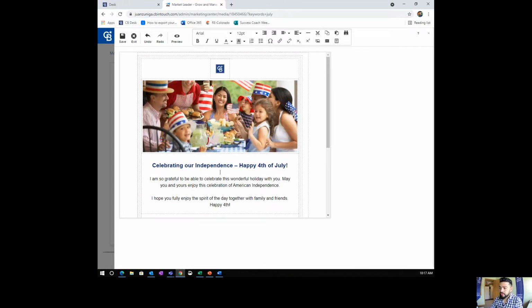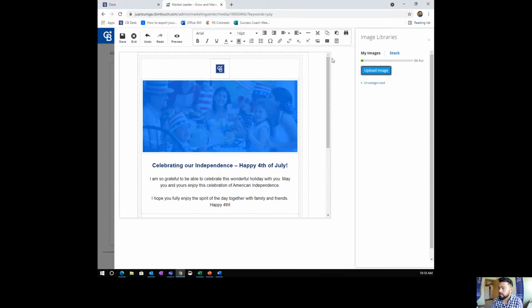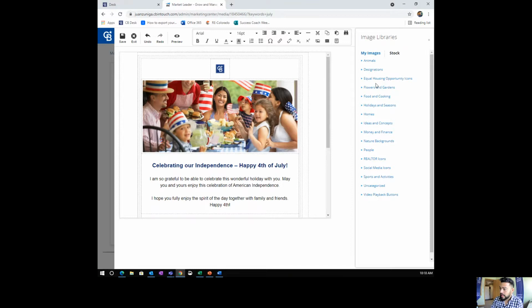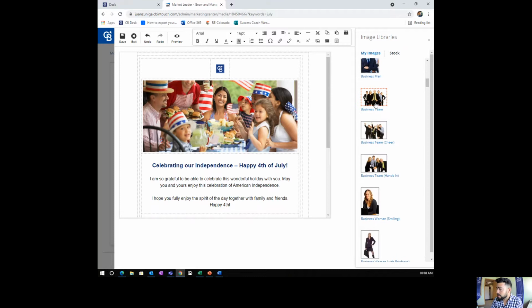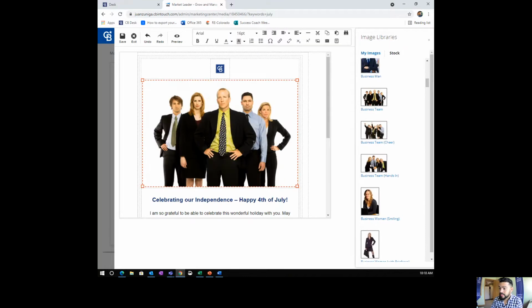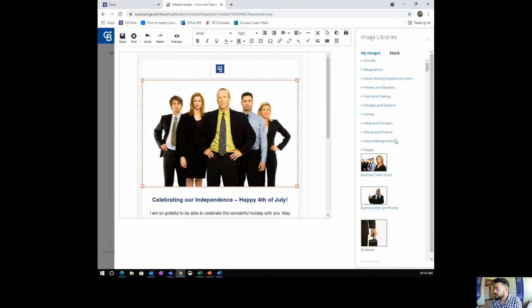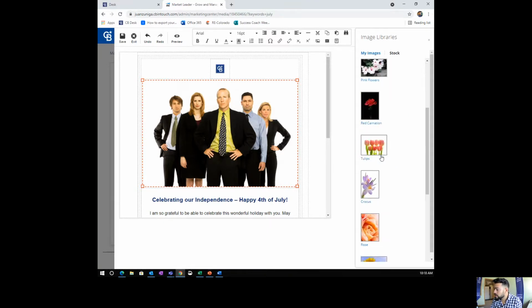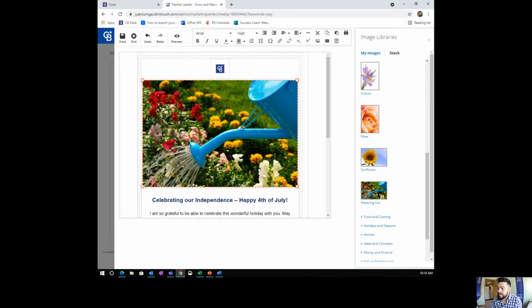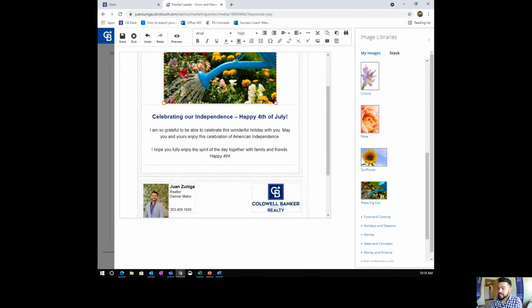If you chose that you wanted a different photo instead of this, you can do a photo of, let's say, you and your family, or you and your dog, or you and someone that you like to do business with, or whatever. If you wanted to upload that photo, you can change this and put in any kind of photo you'd like. Or you can choose from the stock file that is available, and you can basically take a look and see what's available. So let's say we wanted to do the business team. Bam, now the business team is put on the photo. That looks terrible. I wouldn't recommend it, but you can try it. And if you decided that you wanted to try something else, let's say flowers and gardens, you can also update this as you please. You can also change the sizing,